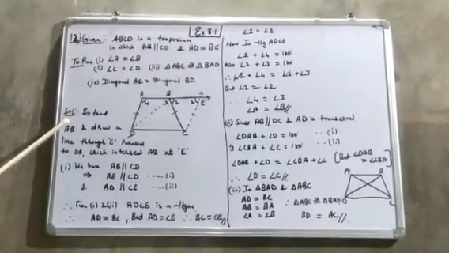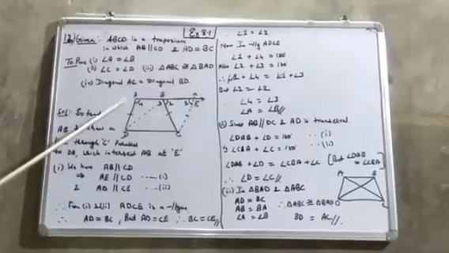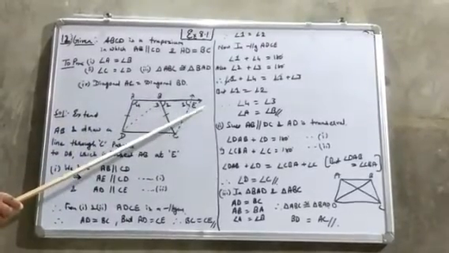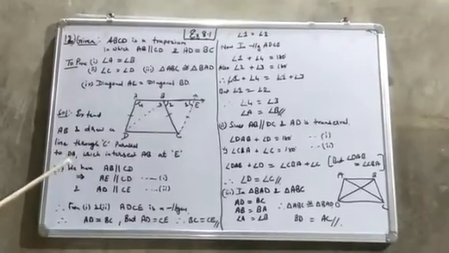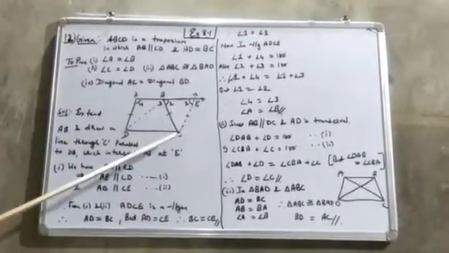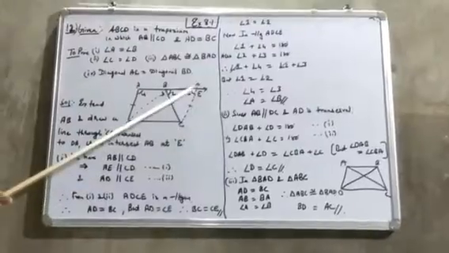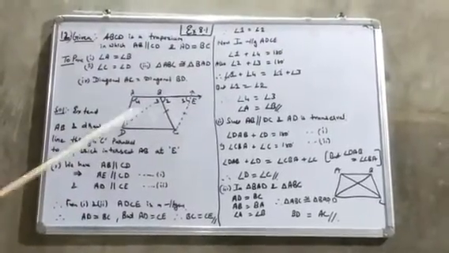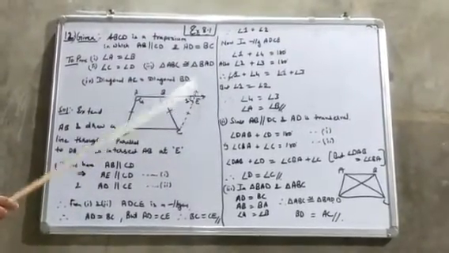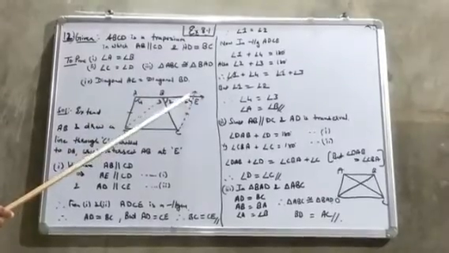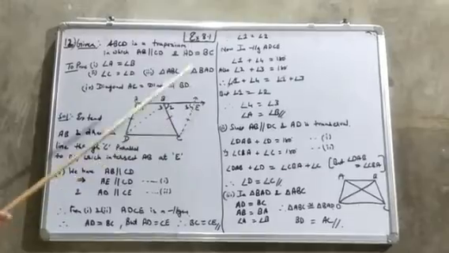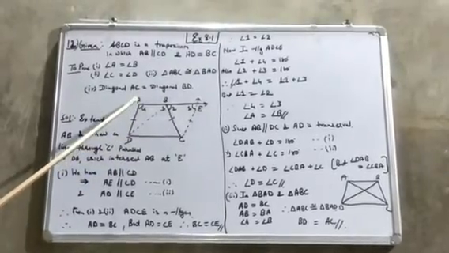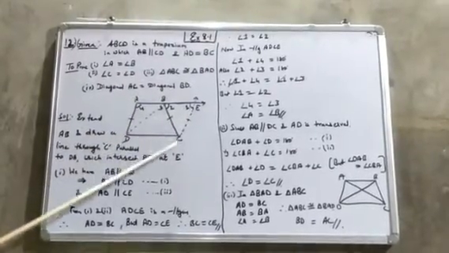For this solution, let us extend AB further and draw a line through C parallel to DA. DA is here. We will draw a line through C, CE, which is parallel to DA. CE will move here and AB will be extended here. Both are intersecting at a point E. Thus, we got a parallelogram ABCE.